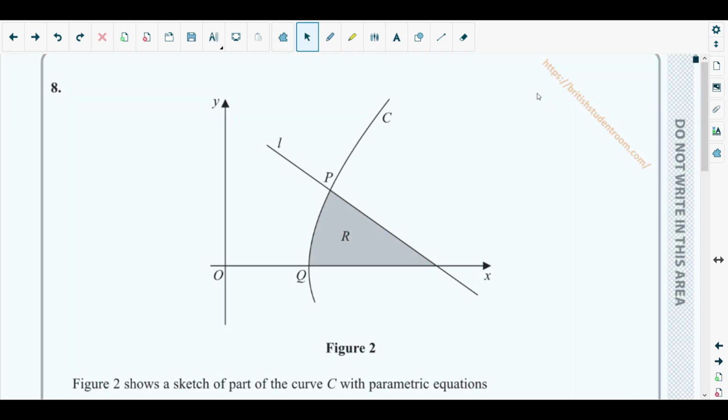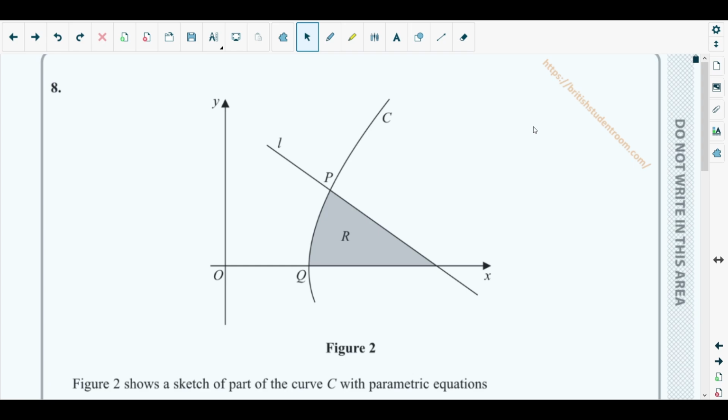If I give a short review about this question right at the beginning, it's about parametric equations. You should have concepts about differentiation of parametric equations and integration of parametric equations. At the same time, integration by substitution and integration to find the volume of revolution. These are all combined. In order to be able to solve this question number 8, definitely you have practiced questions from